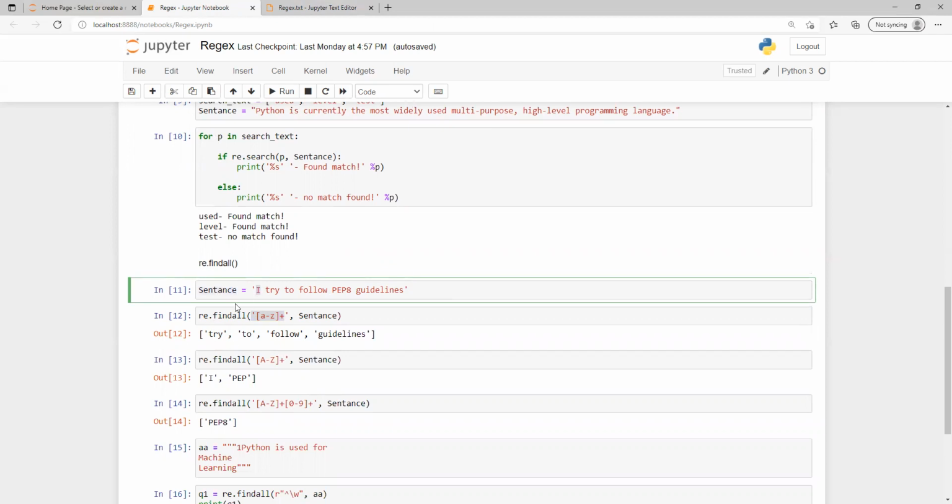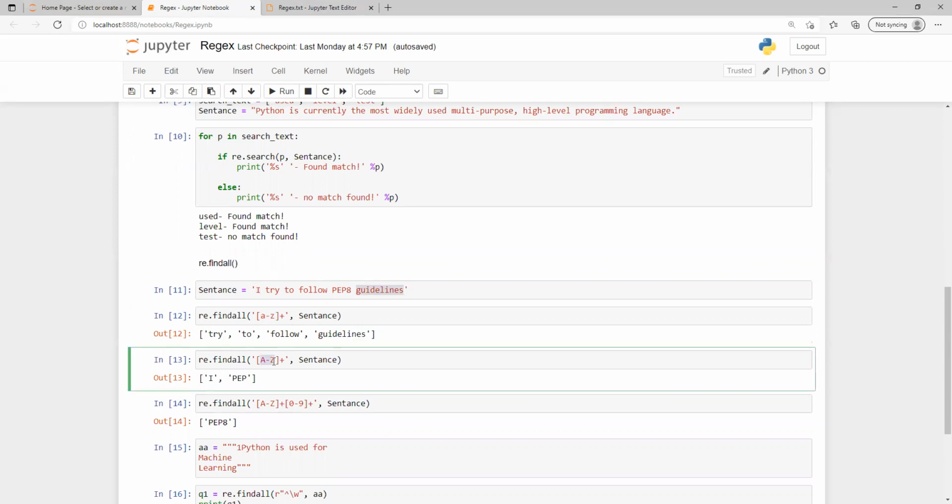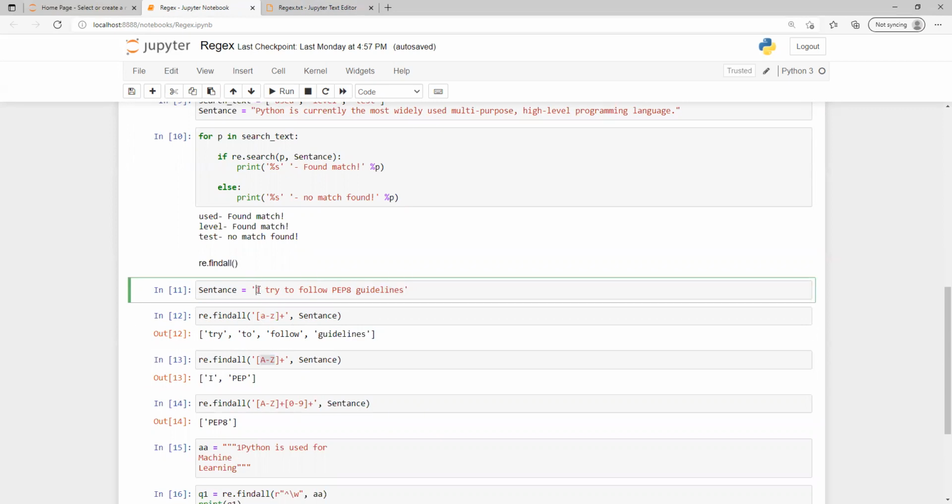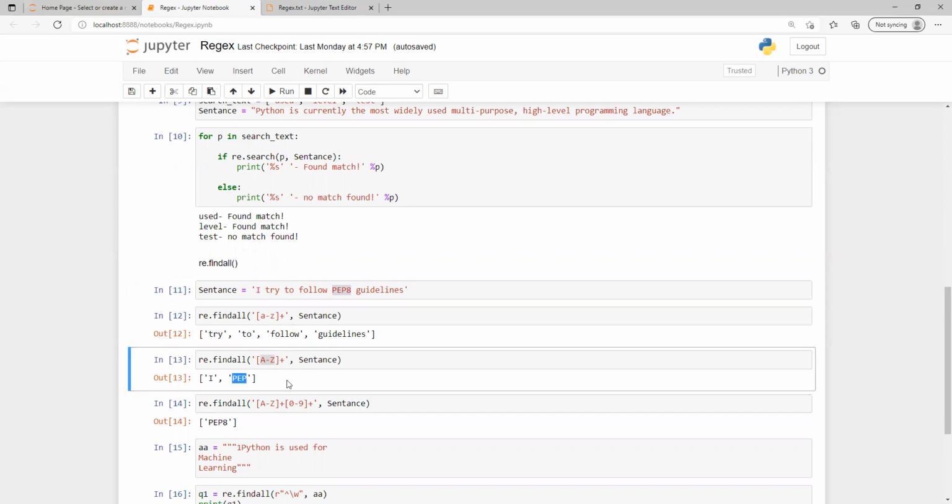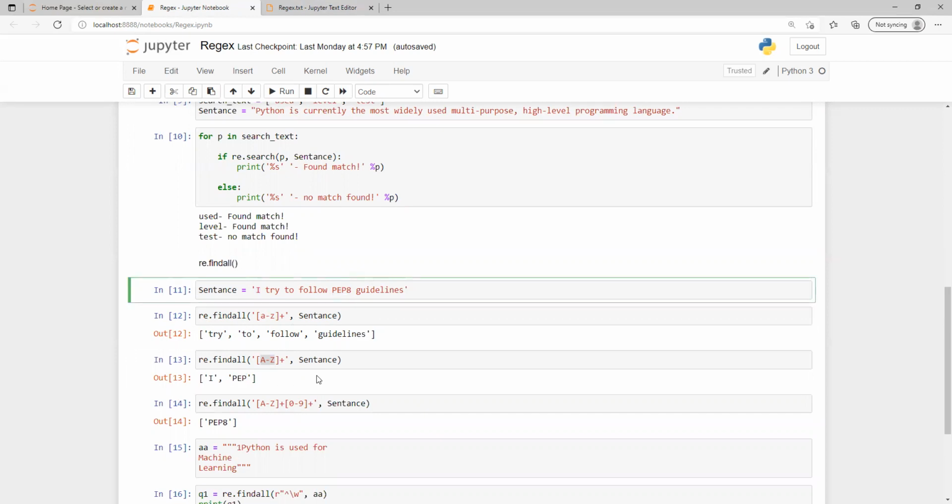We are not getting 'I' because I is capital, and we are getting 'try', 'to', 'follow'. For PEP8, the capitals are not shown and 8 is not between a to z, so it's not displayed, and 'guidelines' is coming. Now if I use capital letters, we know that I is there and PEP, so it displays PEP correctly, but not the 8 because it's a digit.